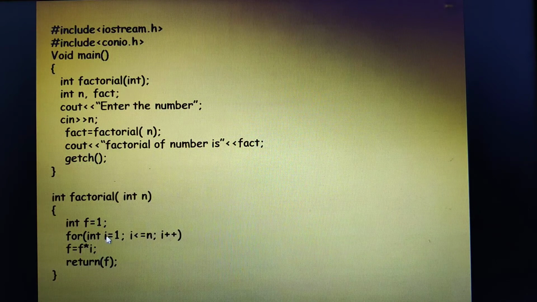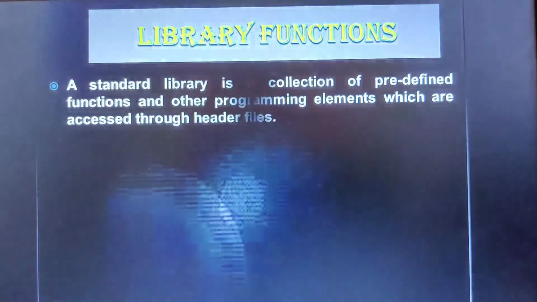Such kinds of functions we usually call built-in functions. But here you can see these are the library functions. These are the user-defined functions. I hope you are able to understand. So the functions which are inbuilt, we call them library functions, which are called by the user. Functions created by the user in order to perform some specific task, we call user-defined functions. Let us move on to the next topic, that is library function.